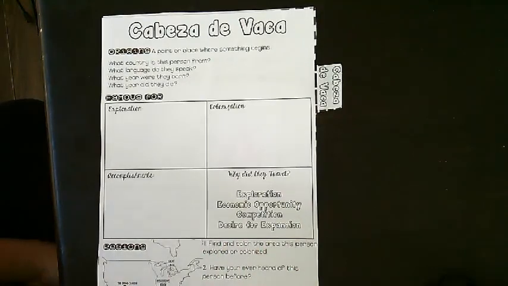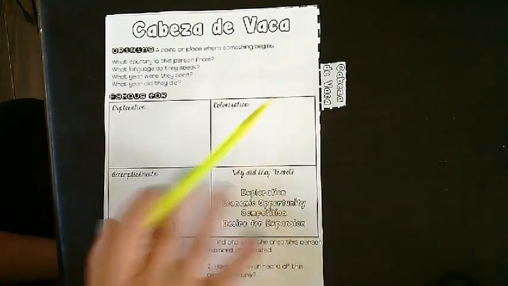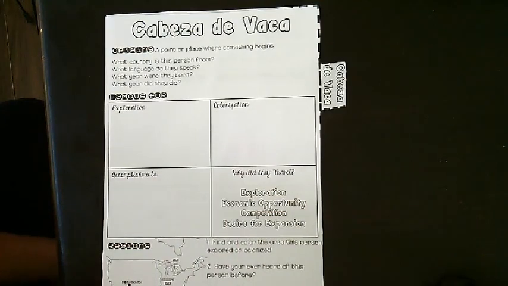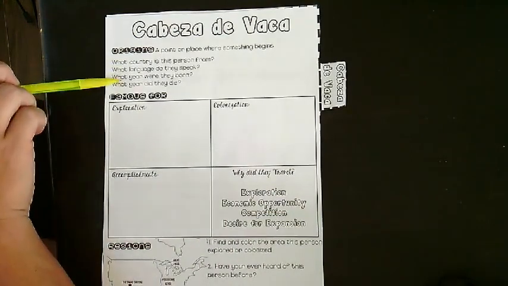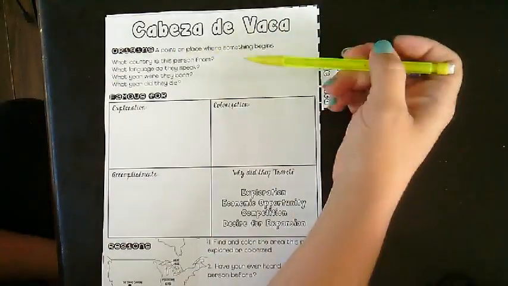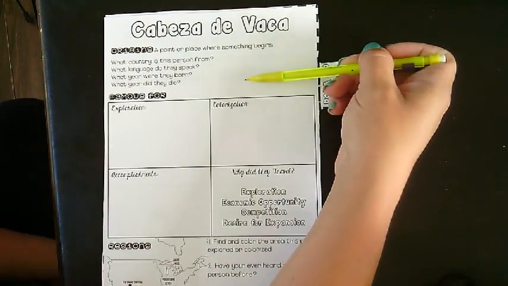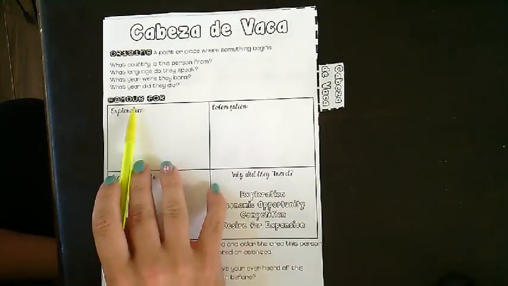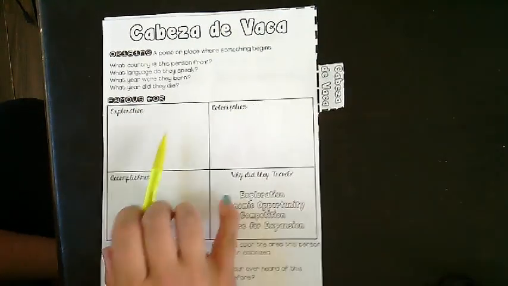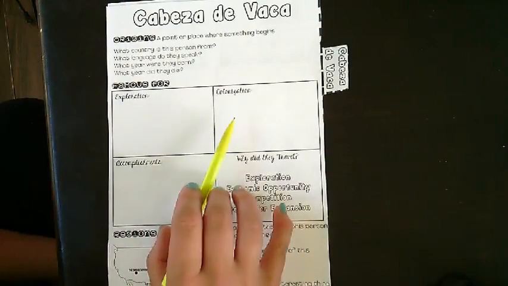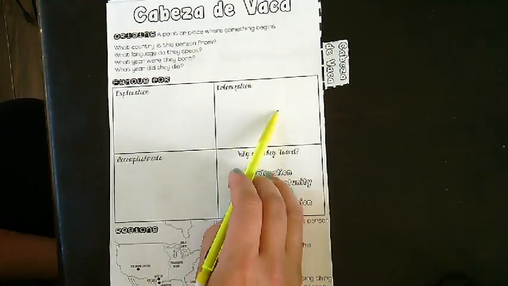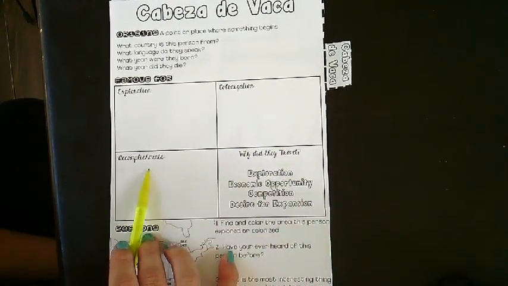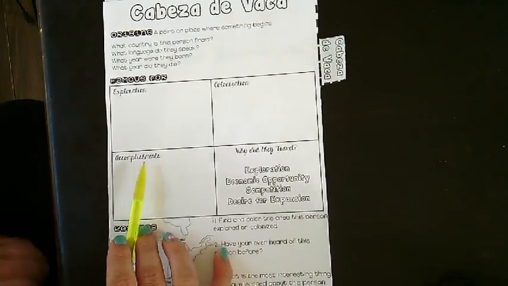This video, the purpose of it is to make sure you understand how to complete the flipbook pages. Okay? So anytime you see a question on the pages, you just write the answers over here. Very simple, okay? Then it's going to ask you, what is he famous for? What was he famous for as far as exploration, colonization, and accomplishments? Anything that he accomplished that stood out to you.